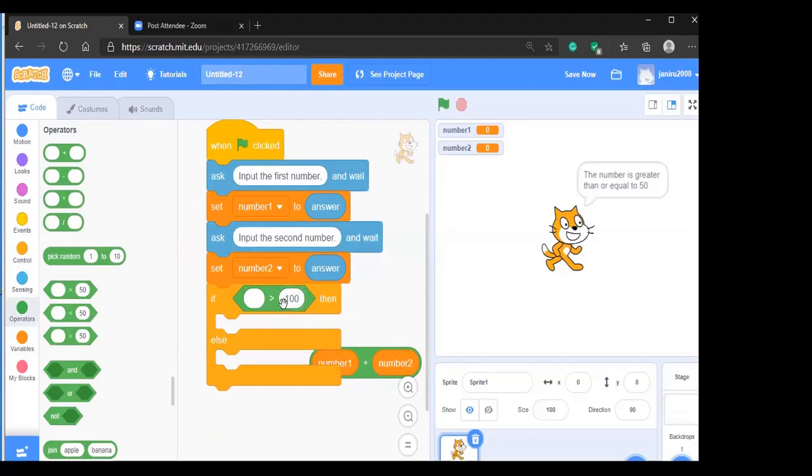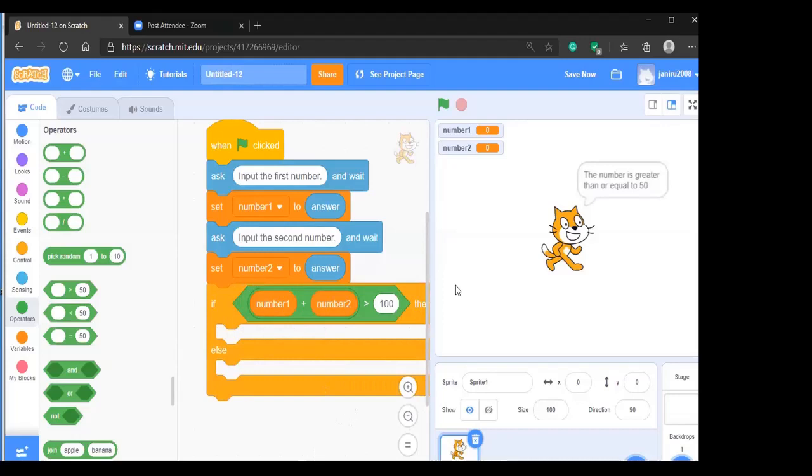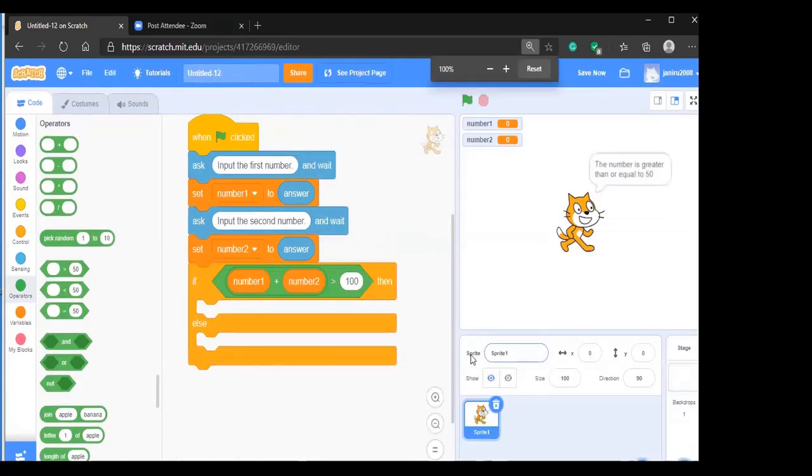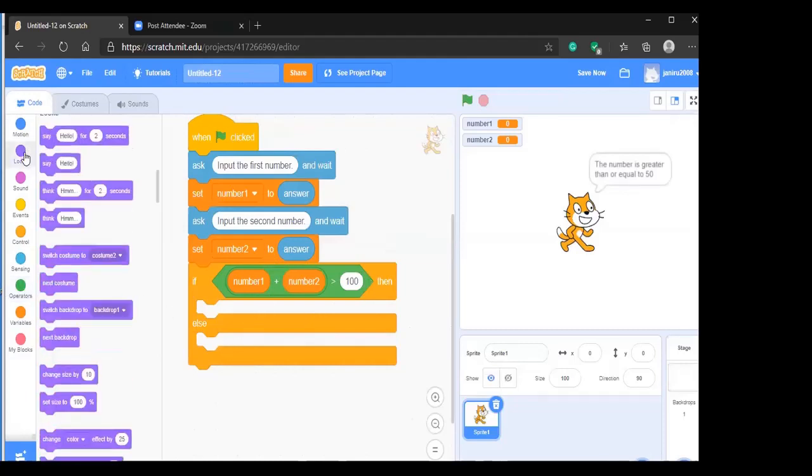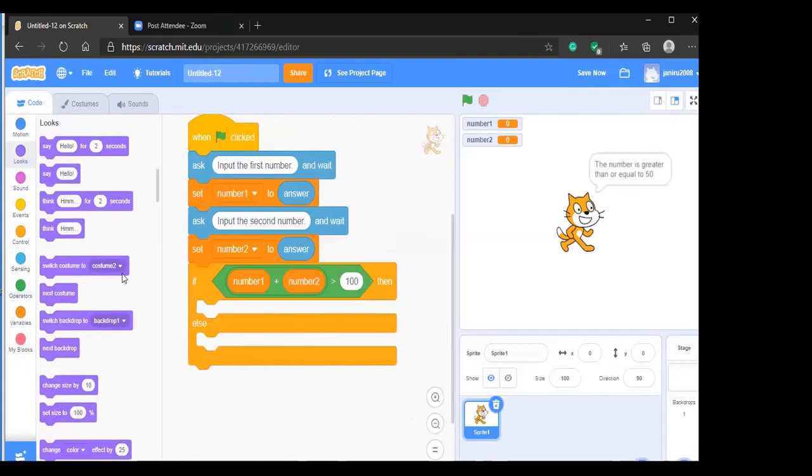So sum is this one. If this is true, you have to say